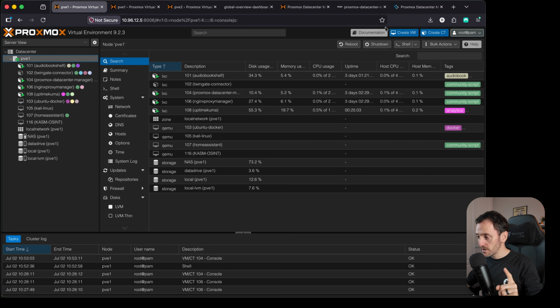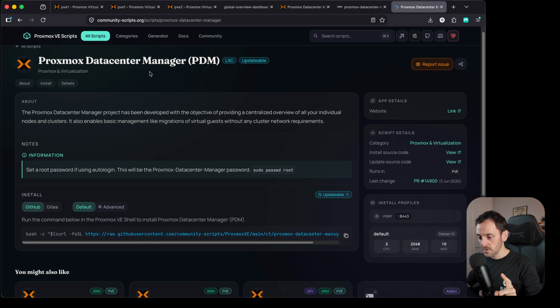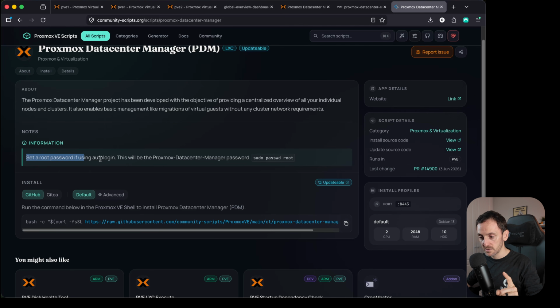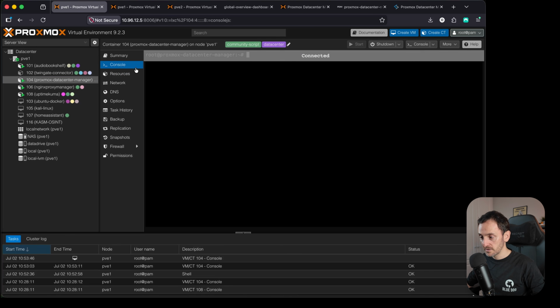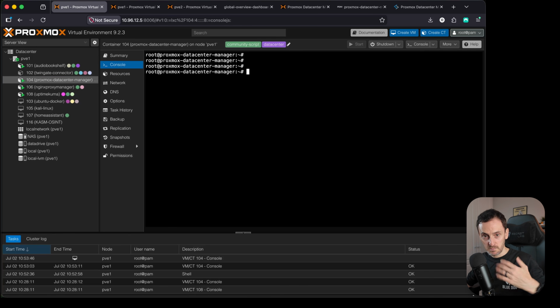So you need to come back over here to the Proxmox helper script, and as you can see here under the notes, it's saying you need to set a root password if using auto login. So what you need to do is go into the actual container itself and run that sudo passwd root. And then it's going to ask you to create a new password for the root account. It's really simple. So copy that script across here. You want to come back over into the actual container itself. You want to go in here into the console, and then that's where you paste it in